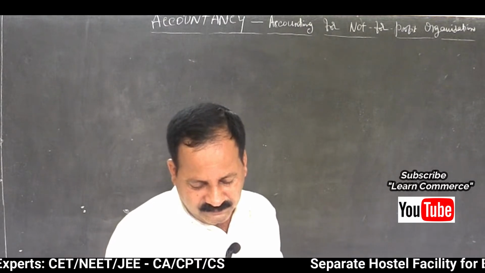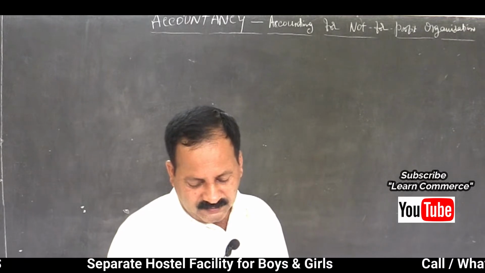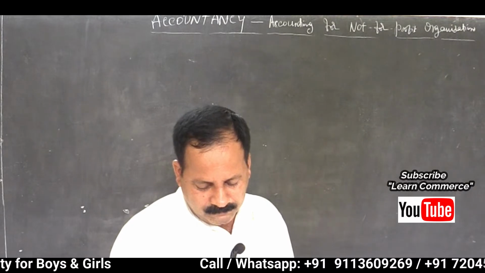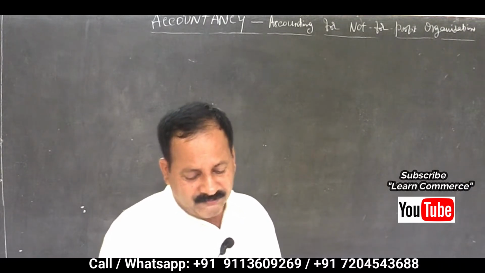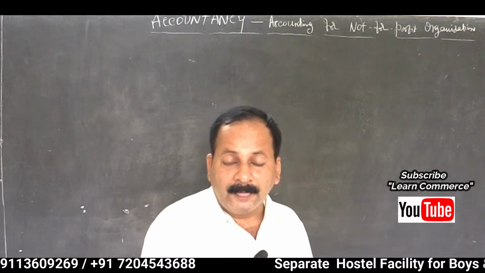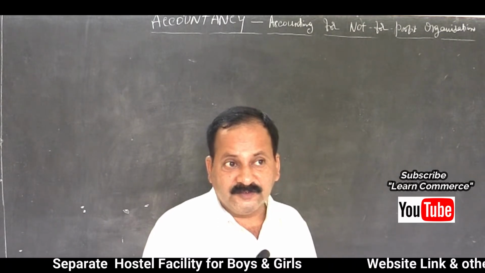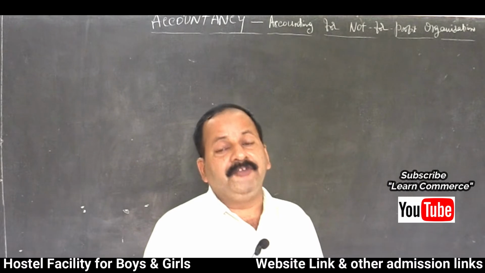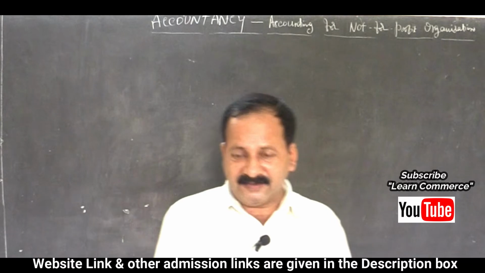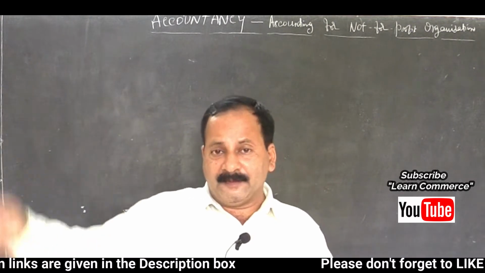Then donation for buildings, 23,000. Is there an instruction? No, there is no instruction. So general donations? Is it a general donation? No, it is a donation for building. So it is a specific donation, and it should be capitalized. It should not be entered in the income and expenditure account because it is for a specific purpose, for the purpose of the building.